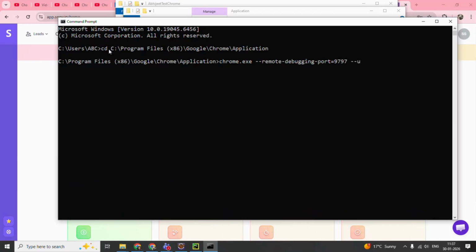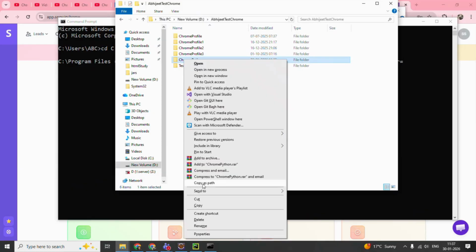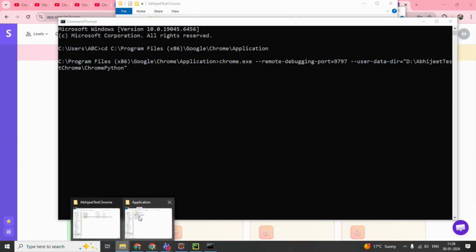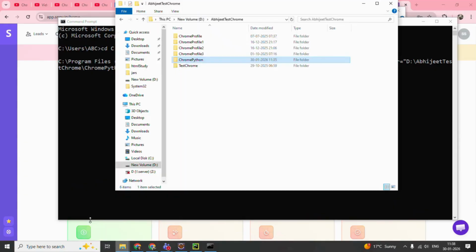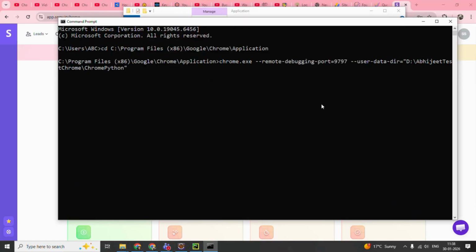Minus minus user minus data minus dir equal to. Now you have to copy the path of where you want to keep your browser. Shift right click, now you can say copy as path. Click on it, go back here and paste it over here. It is empty. Now if I enter it,